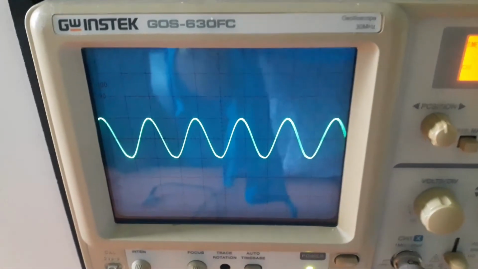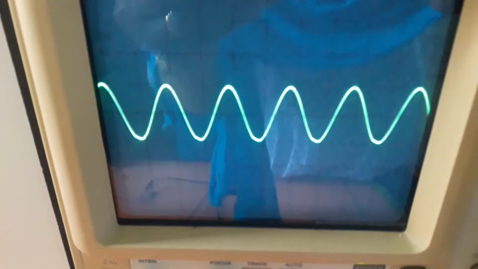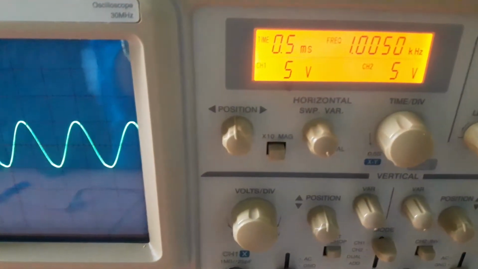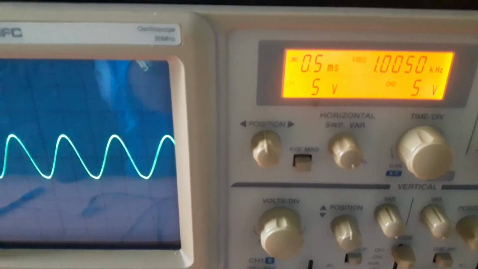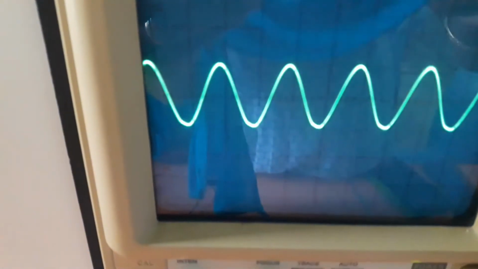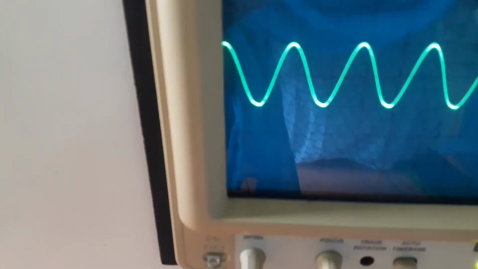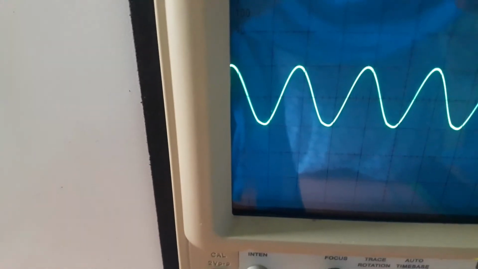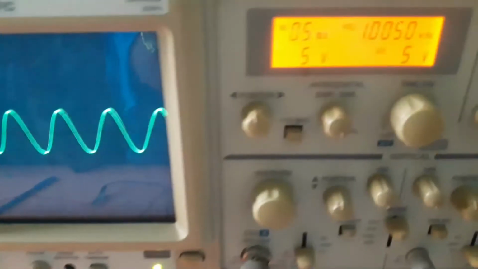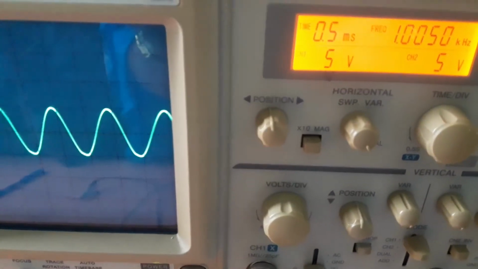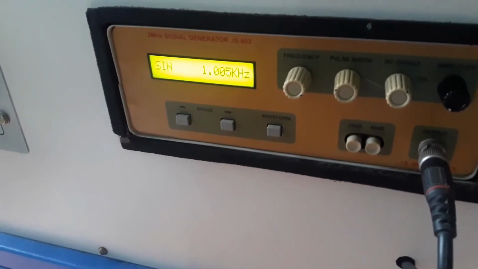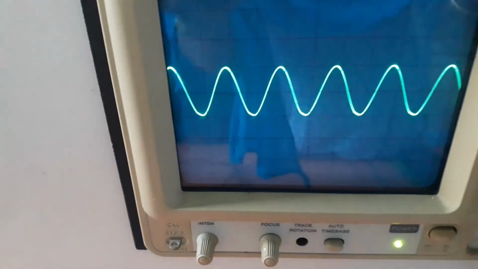signal. Look at this. There are two divisions. With these two divisions at 5 volts, 2 into 5 is equal to 10 volts peak to peak input we have kept, and 1 kHz. And look at this, the 1 kHz frequency is there. So here you are having two divisions for one cycle, so you have to multiply with 0.5. You are getting 1 kHz frequency. The input we have kept is 1 kHz, 10 volts peak to peak.